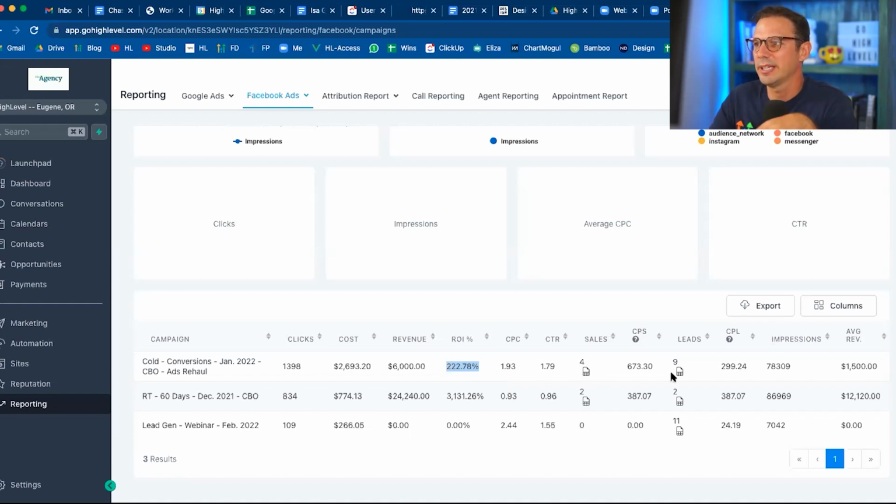We can also click in and view the sales and the leads right here. We can export the data and things like that. But I hope you guys are seeing the power of what is happening here automatically. Without it happening like this, it is such a manual process to even try to figure out how to go about calculating an actual ROI